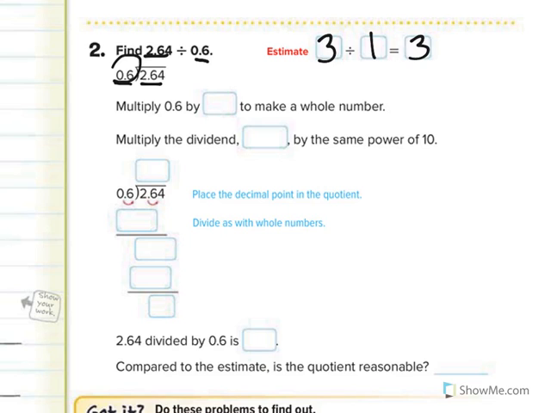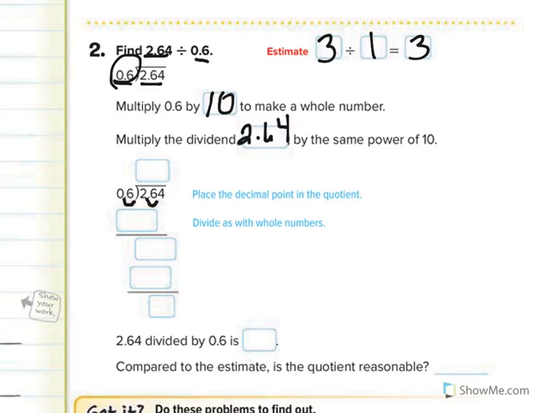And I know that my divisor can't be a decimal, so I need to make it a whole number by moving my decimal point one place to the right or multiplying by 10, right? If I moved it 2 times, I'd be multiplying by 100 and so on and so forth, right? But here I only have to multiply by 10, and then I want to do the same thing to my dividend, 2.64, multiply that by 10 as well, okay? So you can see that they've shown that they're going to move their decimal point one time to the right,